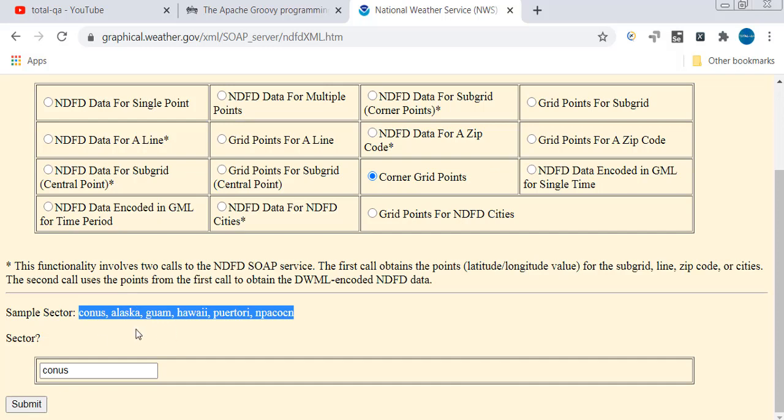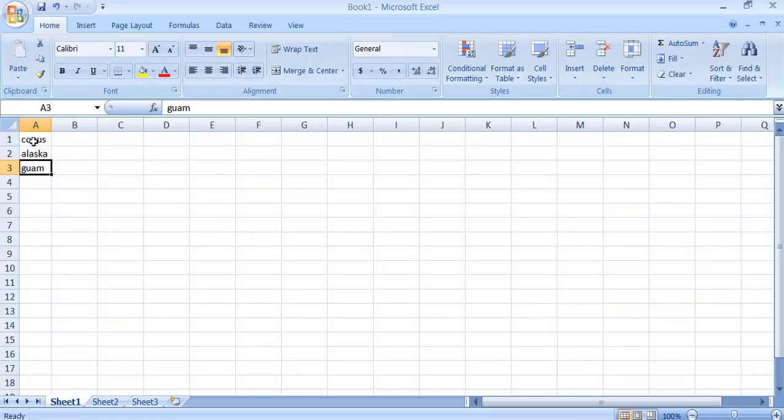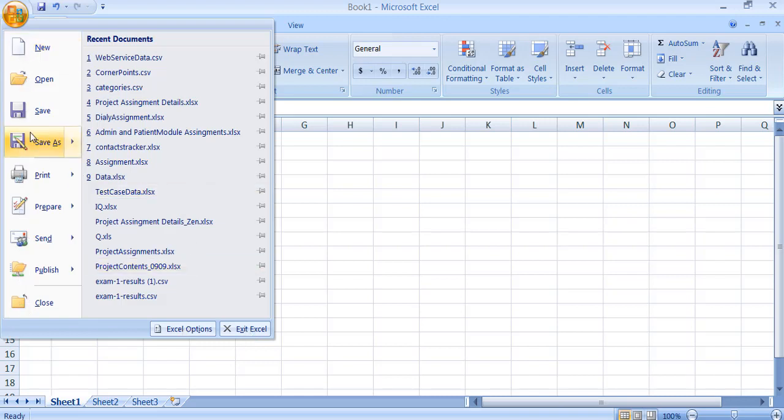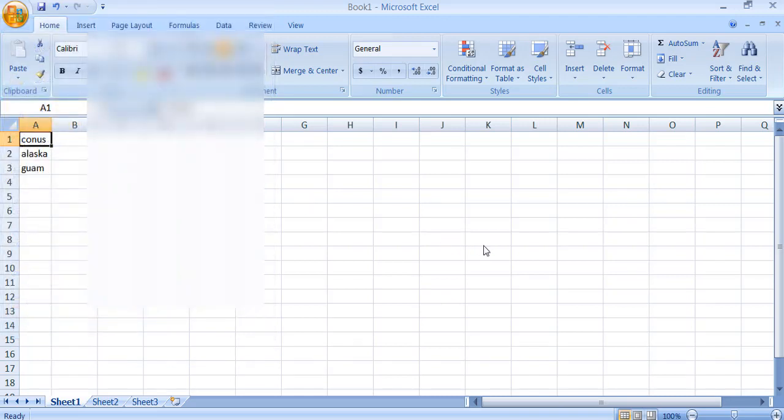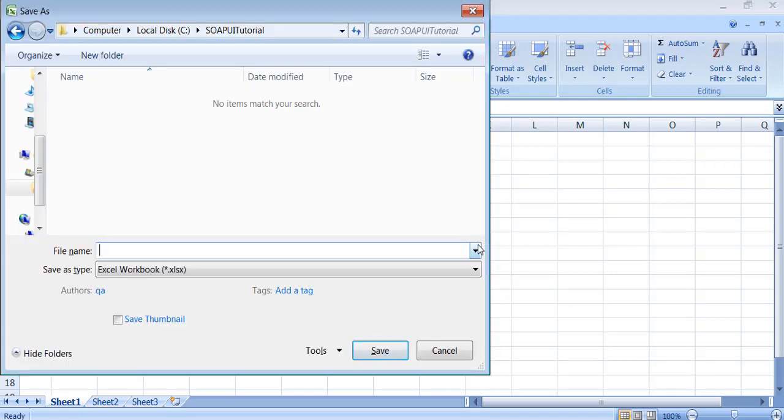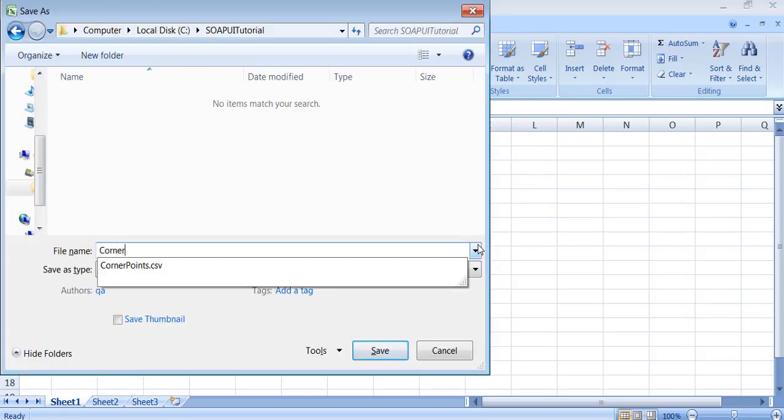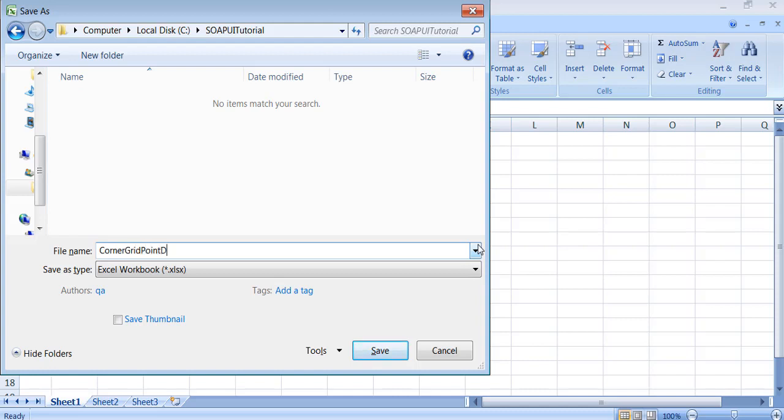For that reason, I maintain this data in Excel. I maintain 3 values. I'm going to save this in a file location. Let me save it: File, Save As. I'm going to provide the file name as corner grid points data, and I would like to save this file as a CSV, comma separated values.